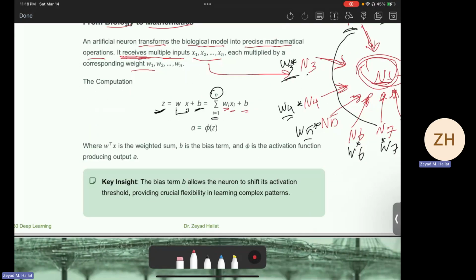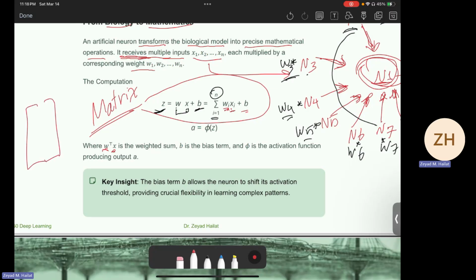Okay, now if we wanted to translate this into matrix multiplication, and there is a reason why we translate it to matrix, this will be translated as W transpose times the X. So we are talking about, if we have a list of weights in here and we are multiplying them with a list of X's. So this will be translated into W transpose, where this is W and this is the X's. So this will be W transpose times the X. And this is matrices.